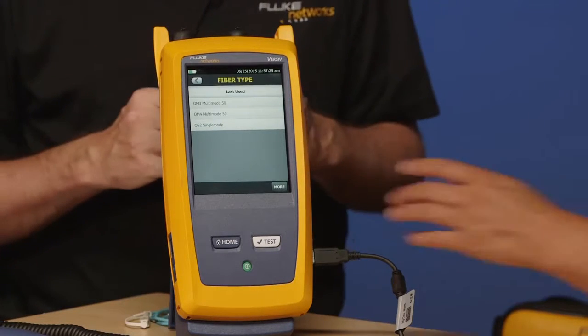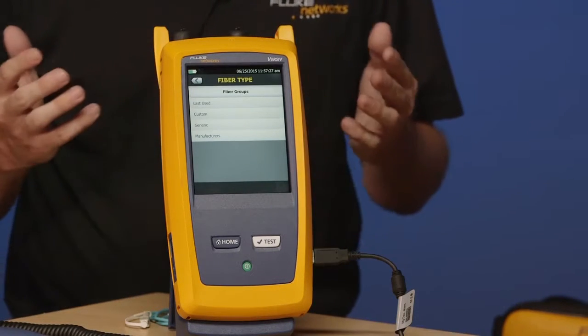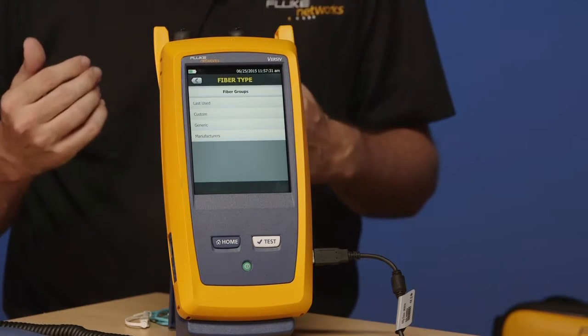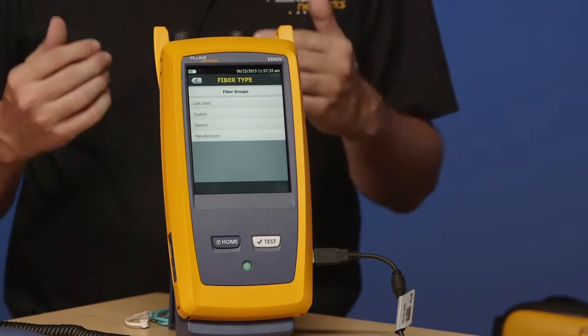Go ahead and tap more on there for me. So just like the OptiFiber Pro, you get all the options such as generic and the manufacturer and custom. Now be careful here because what you really want to do is go to the manufacturer's website and look at the data sheet for their fiber and make sure that's the information that matches up with what's in the tester